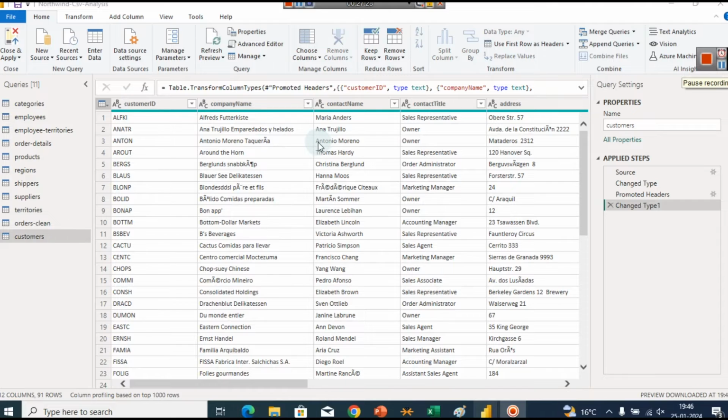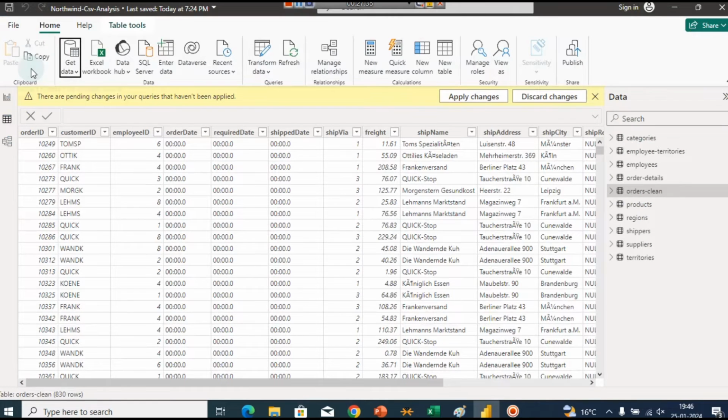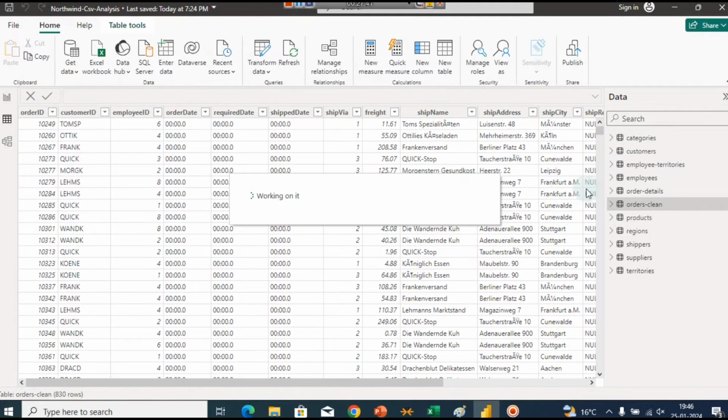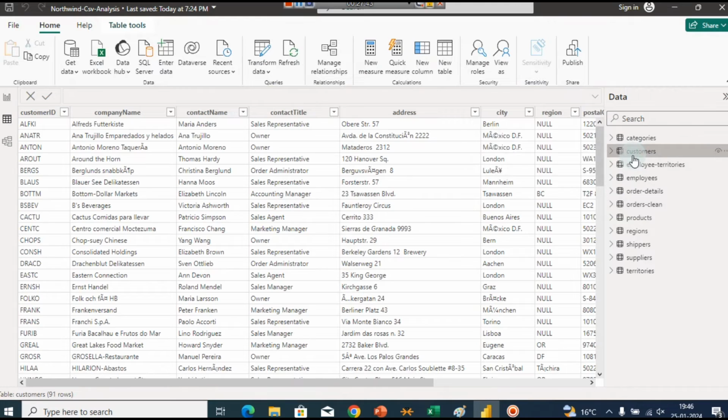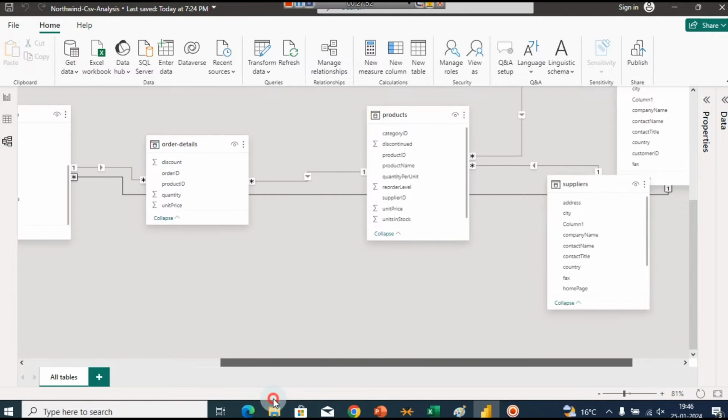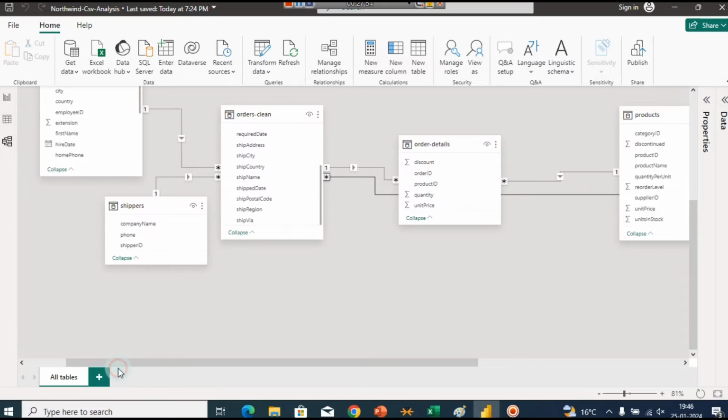So now what is next after this? After clearing it, just close and apply. Okay, close and apply. So now it is loading. Now when you will go to customers, you will not see that error, right, in your header. And now when you will go to the relationship view, here you can see that. So we have to connect it with orders clean. You can see, so with orders clean,